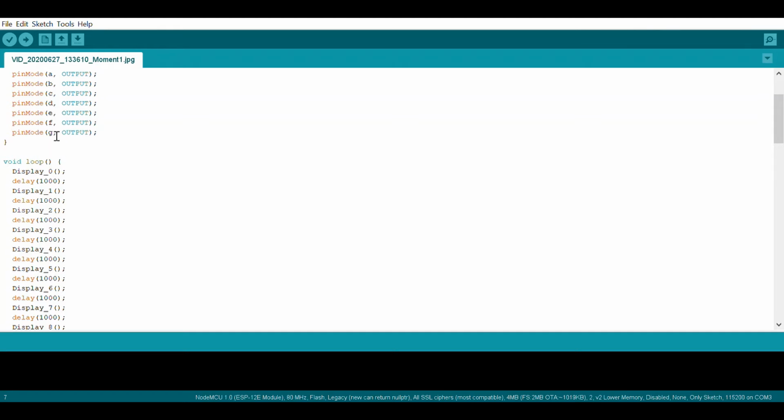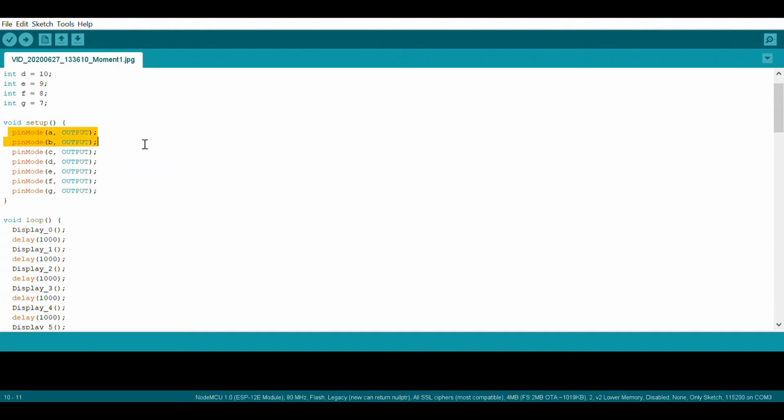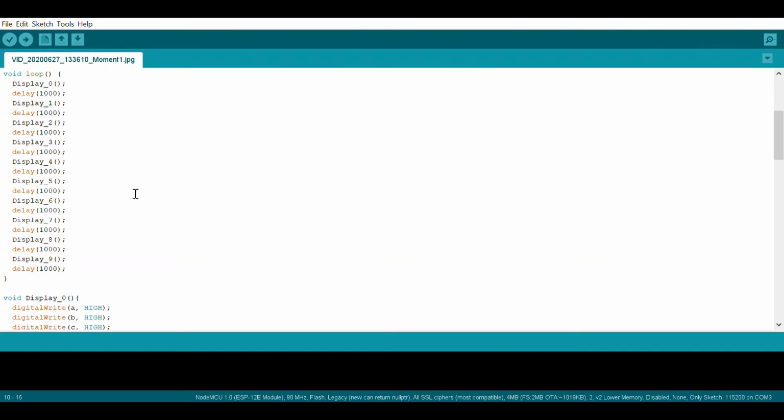In setup we have set all the pin modes as output, and here we have a loop which displays all the digits at an interval of 1000 milliseconds: display 0, 1, 2, 3 till 9.